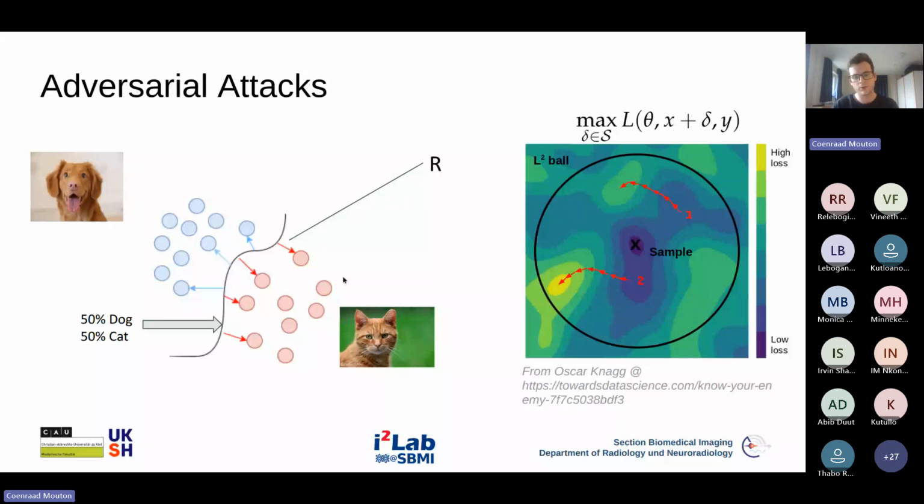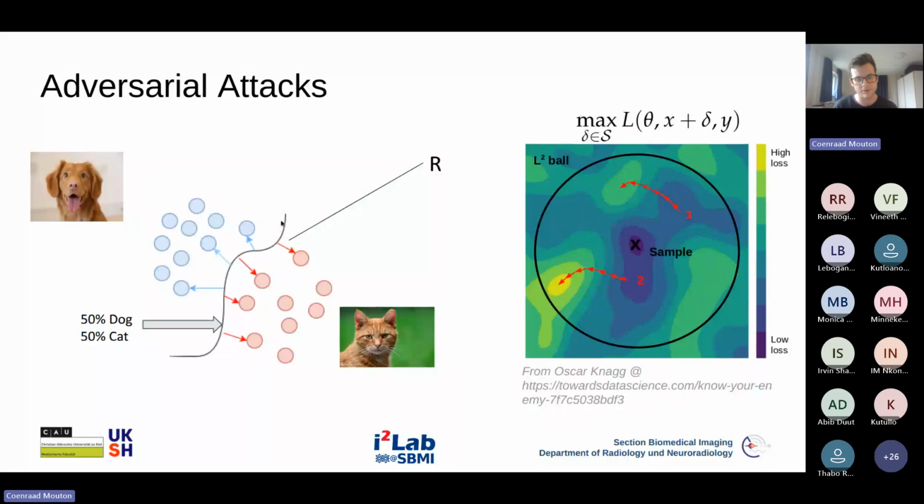Now, when you train a neural network on this data to classify cats and dogs, what it's actually going to be doing at the end of the day is learning weights such that it can separate these two classes, such that it can separate the training data of cats and the training data of dogs. In this case, it's going to learn what we call a decision boundary, essentially some separating hyperplane that separates your two classes.